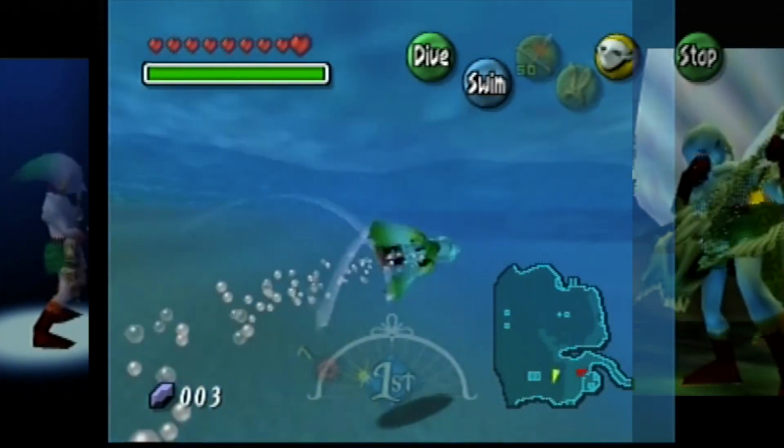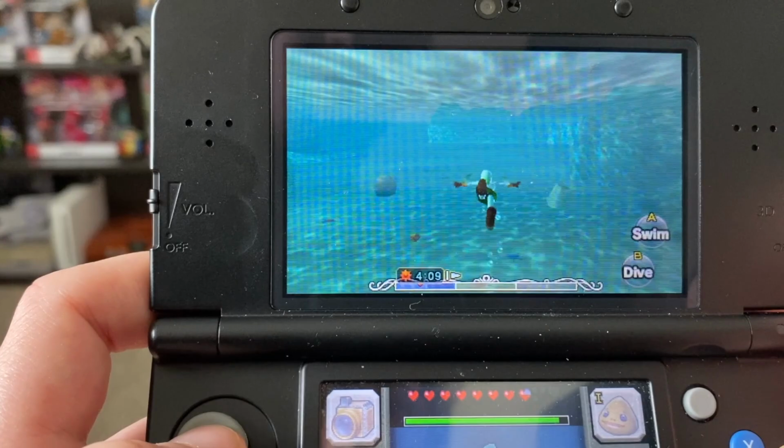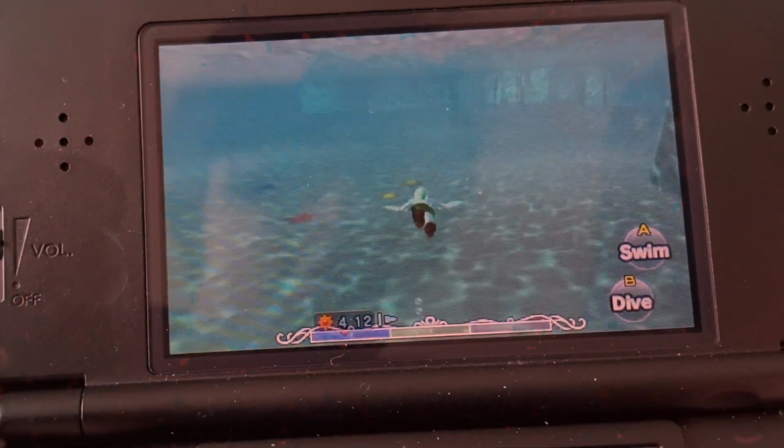As Zora Link, we are free in the water, except that they absolutely butchered it in the 3DS remake and made it absolutely terrible and dreadful and ruined a perfectly good thing by making some magic clouds super quickly and making these awful